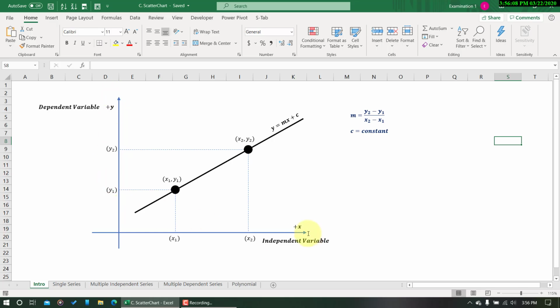Now this is an XY plot. X is in the horizontal direction, Y is in the vertical direction, and X is what we call the independent variable and Y is the dependent variable. If you look at this particular equation, you can see Y is dependent upon the value of M, X and C, where C is a constant. Y is what we are going to find out for a particular value of X, and M is what we call the slope of this line, and